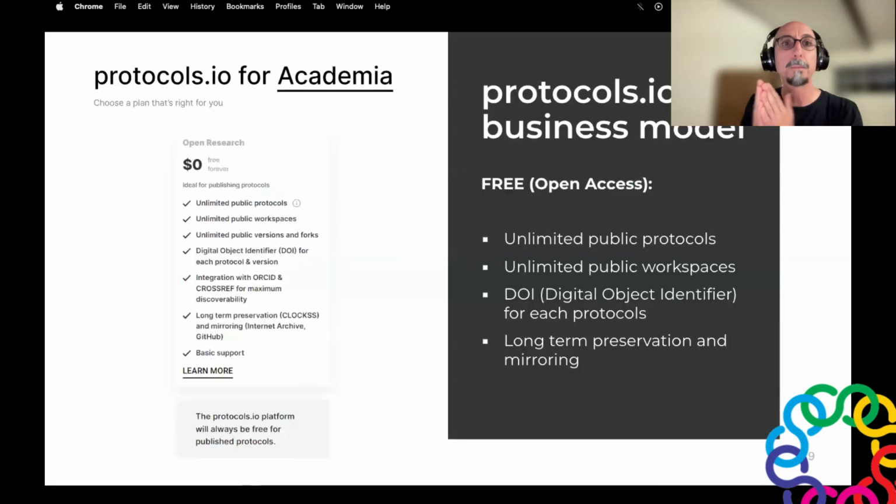But generally speaking, protocols.io comes in two flavors. So we have a completely free open access repository which provides unlimited publishing of protocols. Each of these public protocols will receive a unique digital object identifier, or DOI, making them permanent and citable. It is thus free to create an account in protocols.io and to publish an unlimited number of protocols. Because the repository is open access, it is equally free to come and read, use, and reuse the public protocols.